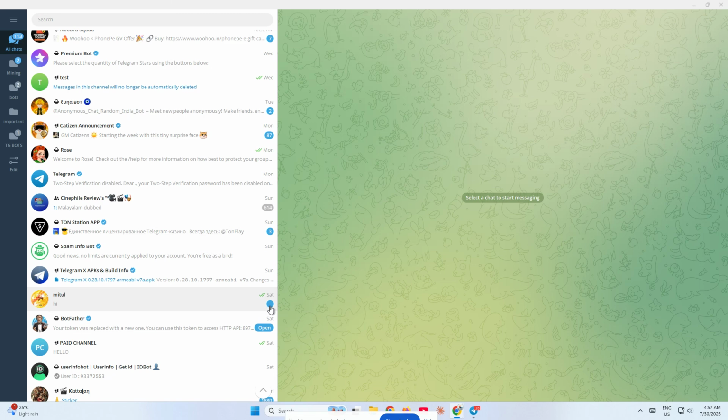This is really handy if you opened a message by mistake, if you want to keep a chat at the top of your attention list, or if you just want a simple visual reminder for later. That's all there is to it. In just a few seconds, you can mark chats as unread on Telegram and stay more organized without losing track